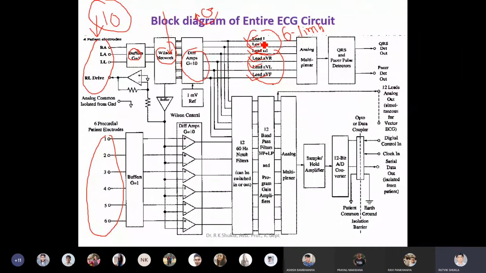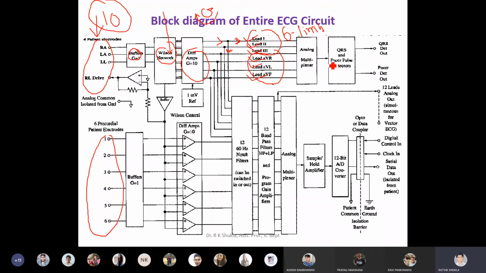It means whenever they select lead 1, at that time RA and LA with RL come into the picture. So likewise, they have arranged the things. All the 6 channels or the 6 leads are available over here. Then this output has 2 paths. Here you can see, one, they either go on this side, and second, they are also going on this side. Means there are 2 paths.